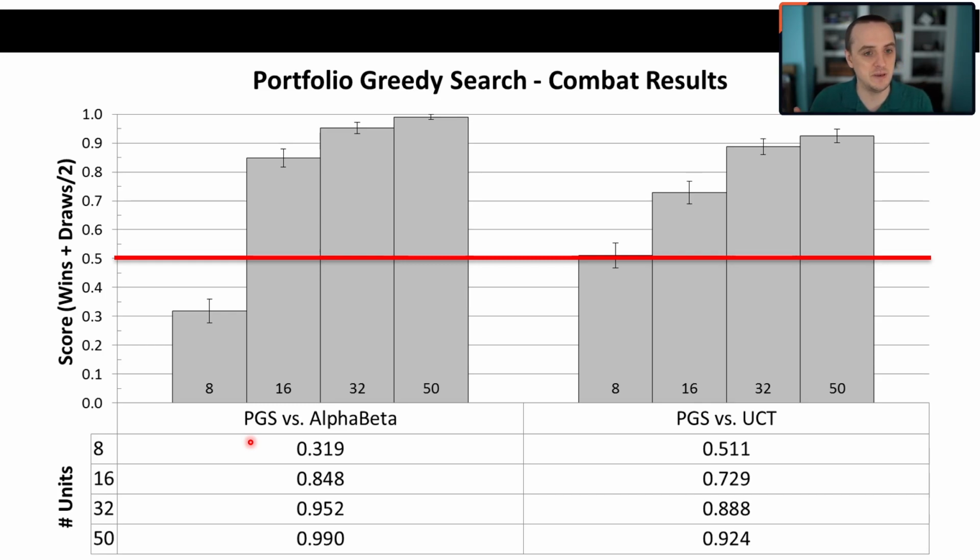Even though it may be missing some of the optimal actions, the way it does this greedy hill climbing solution is way better when it comes to larger battle sizes where your search algorithms just don't have a chance, right? So that's kind of where I left the battle stuff.